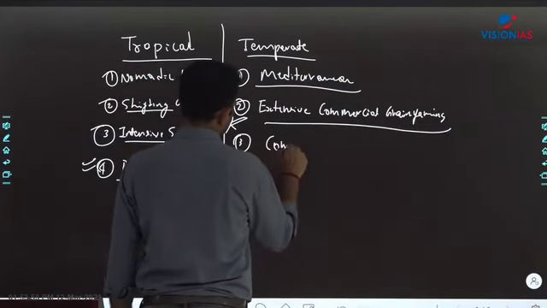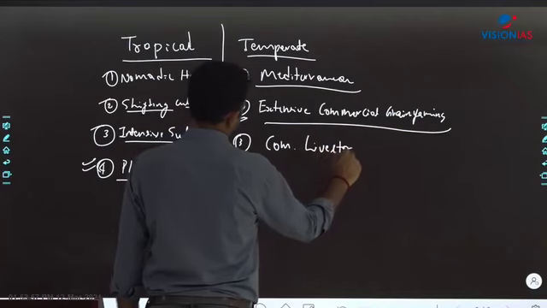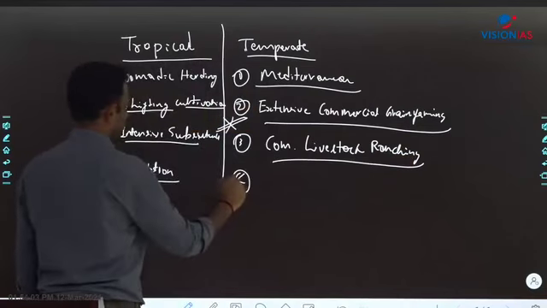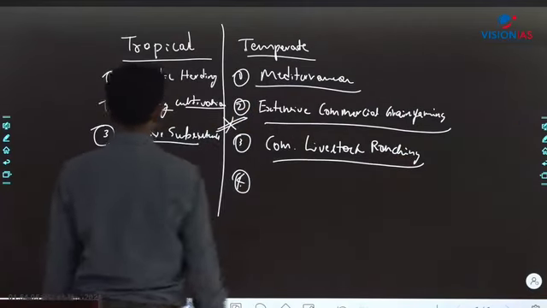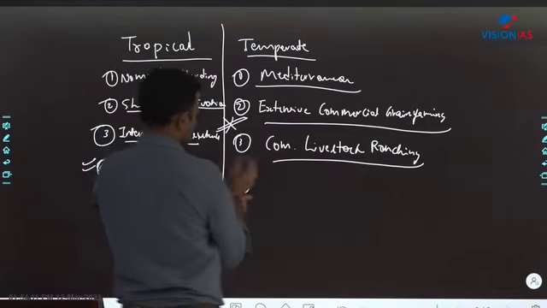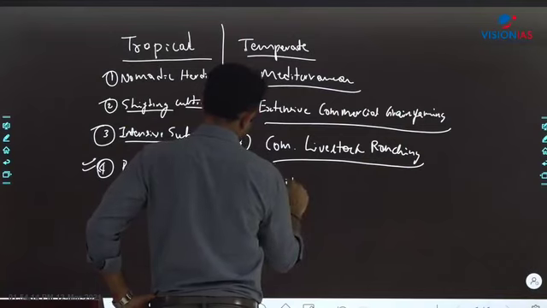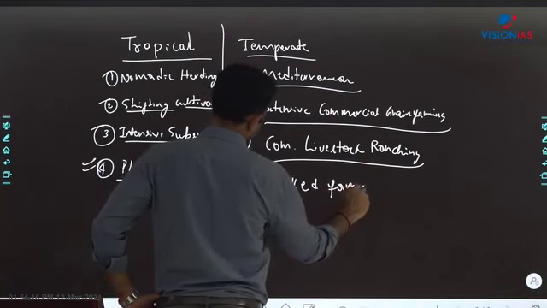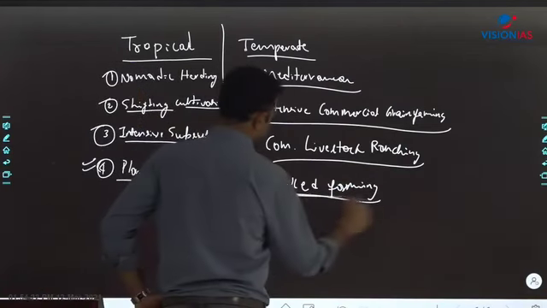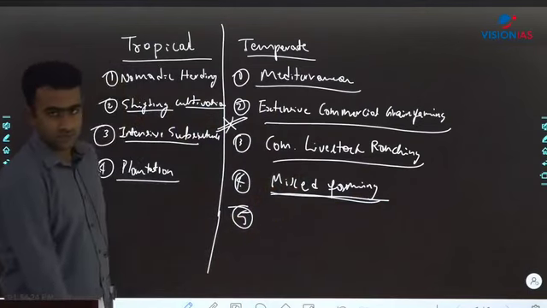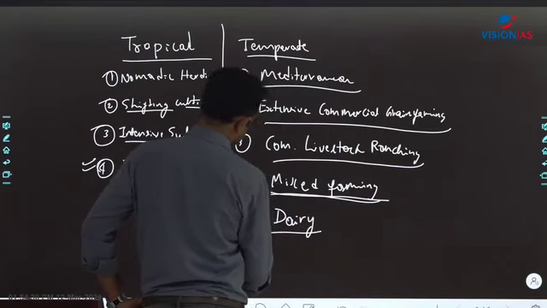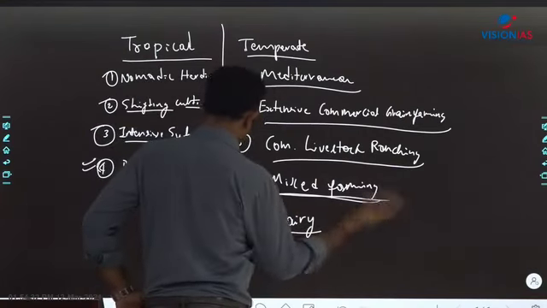Then commercial livestock ranching, which is opposite to the first one, nomadic herding. It is done in a commercial manner on a large scale. Then we have mixed farming, where they keep both crops and animals, and the crops grown are both for human consumption as well as for animal consumption. Then we have dairy farming, production of dairy products, cow and the